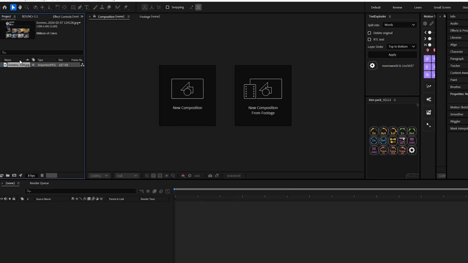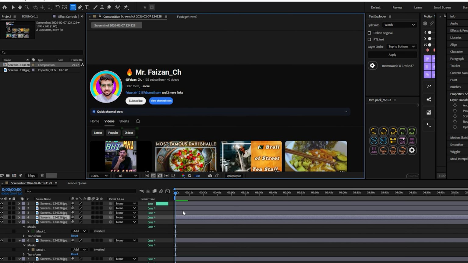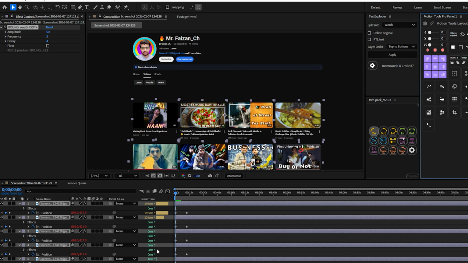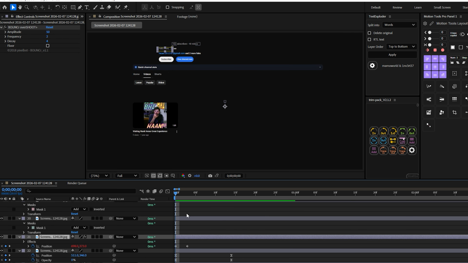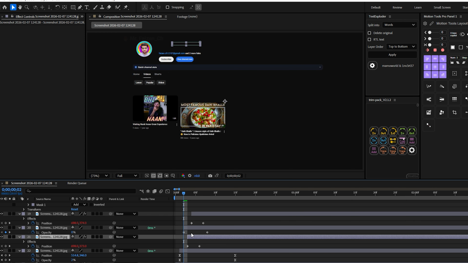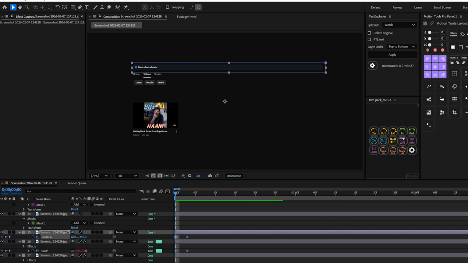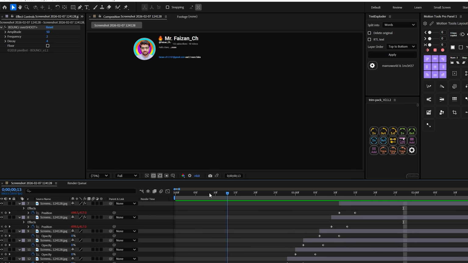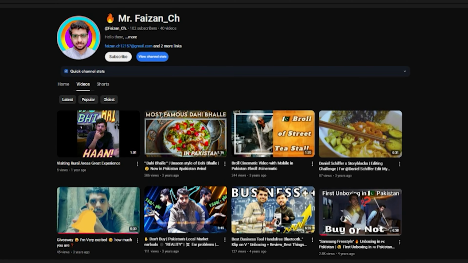First, import your screenshot into After Effects and then separate elements from the screenshot, which are the profile picture, posts, numbers. You can use the pen tool or you can mask individual elements. The more you separate, the more control you have. Next, you can start animating using position or scale keyframes. Don't forget to easy ease the keyframes to smoothen the timing. This is how you turn a dead screenshot into a living animation.